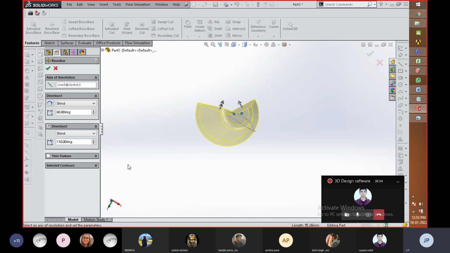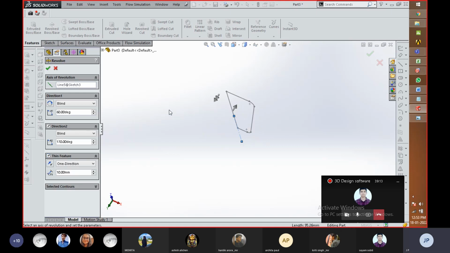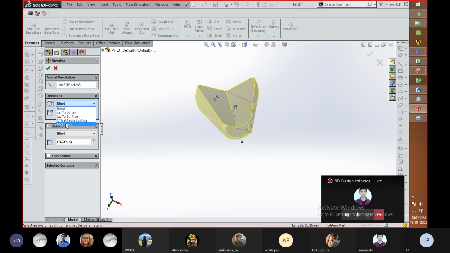There is one more feature available within the extrude boss feature, that is the thin feature. Actually, that was not available when you exit from the tool, or when you want to re-edit a particular 3D material adding tool. For this tool you need to take over here, and you can actually get the two direction way. For that purpose, we first need to make this blind or 360. You can also control from both sides, but I am going to showcase it right now with the help of this feature.